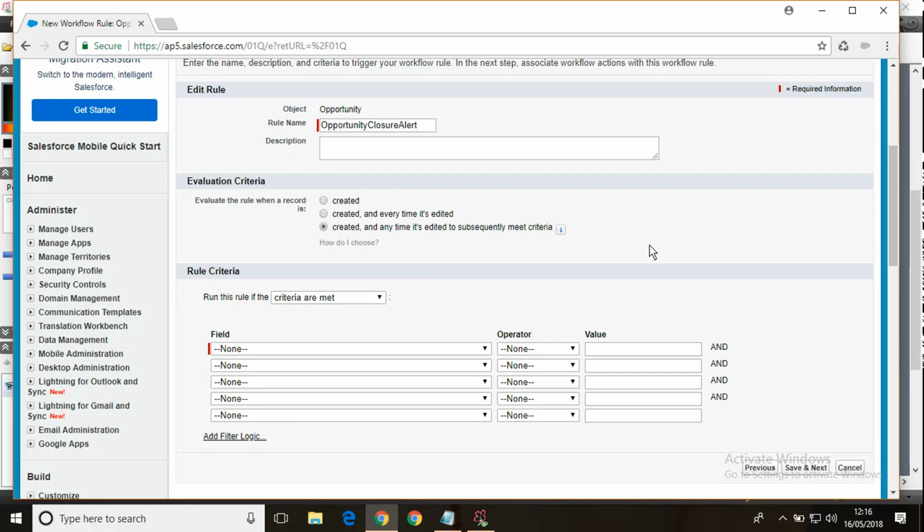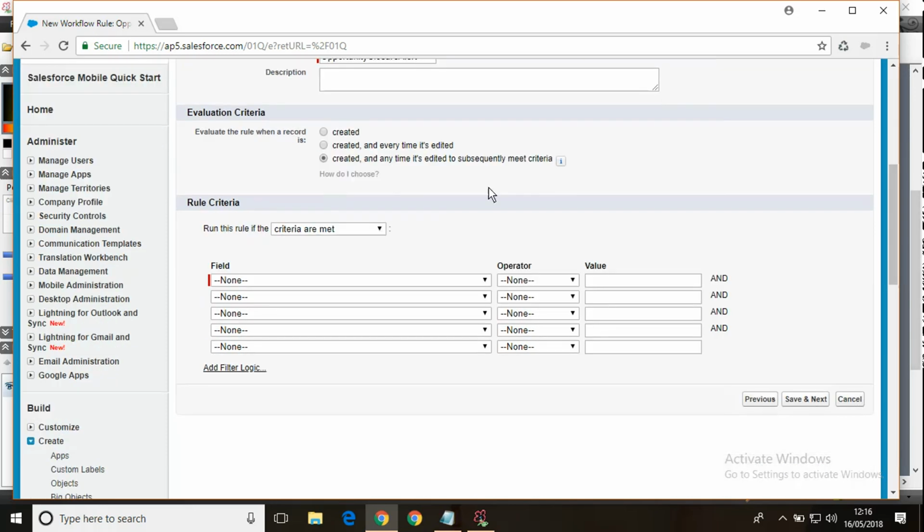We will come to that. What is the second part, what is this about edit? Let us keep it simple about created. Whenever any opportunity is created and that opportunity is open, a mail is scheduled 7 days before the opportunity closure date. That's what we have defined. Right now we are not getting into edit. Let's focus on only created.